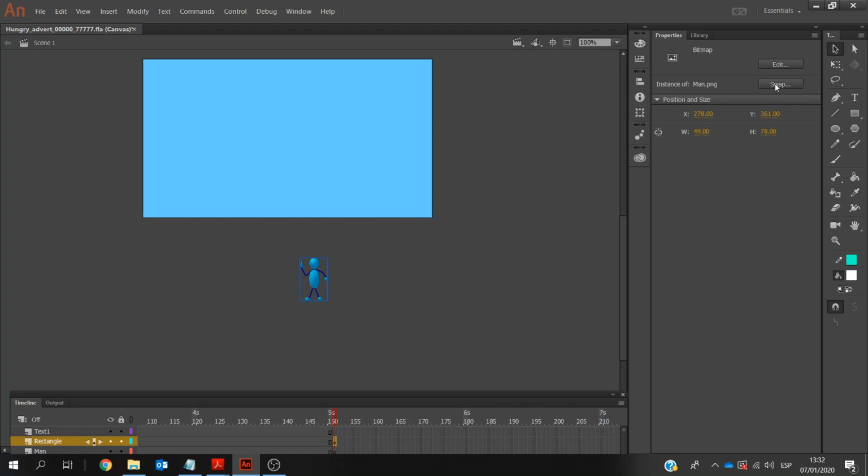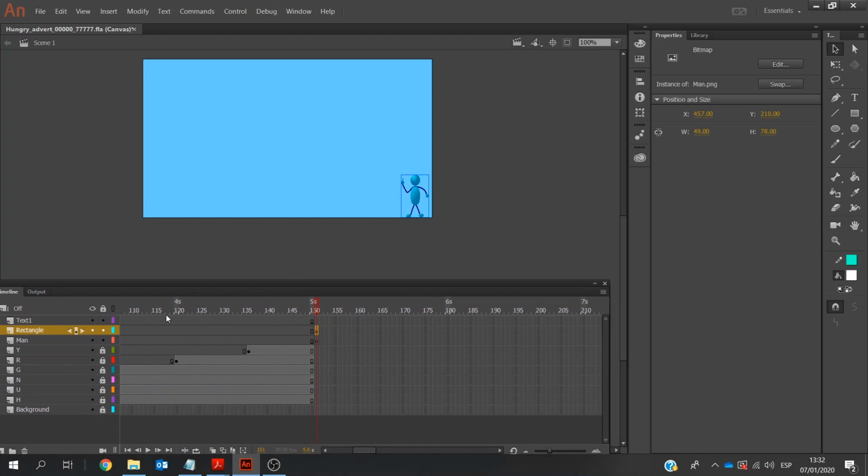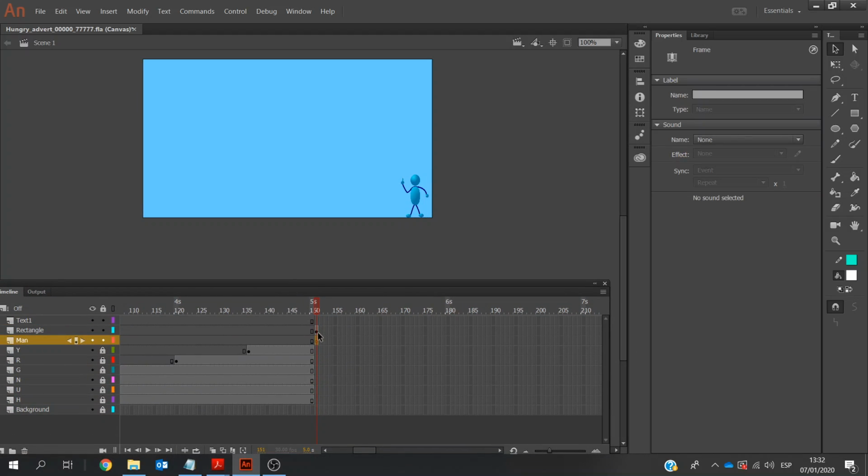I'm going to go to my selection tool and just move him in here into the bottom right hand corner. Bring this back up. Not sure why. Well, let's see. Okay, now I'm going to lock this here and bring in the rectangle over to my right hand side, rectangle tool,